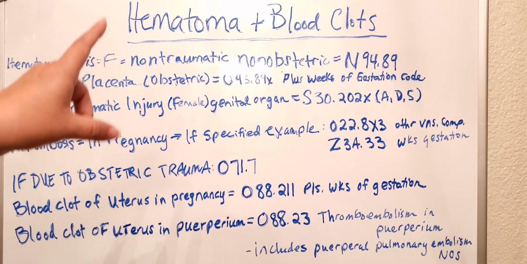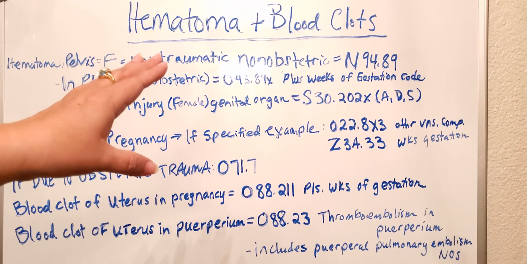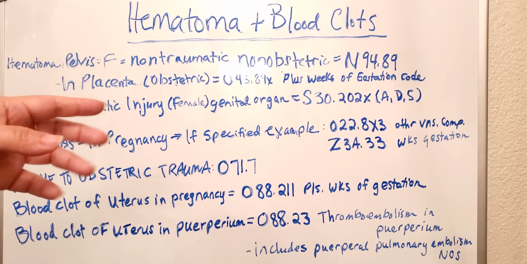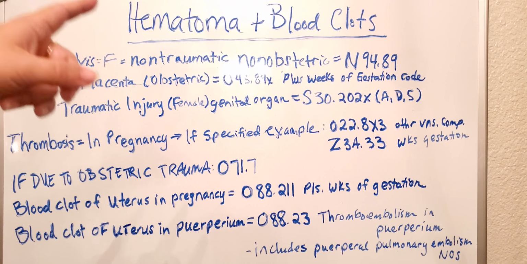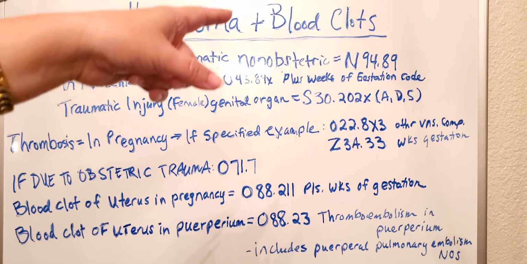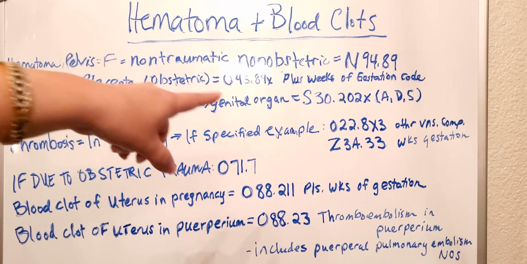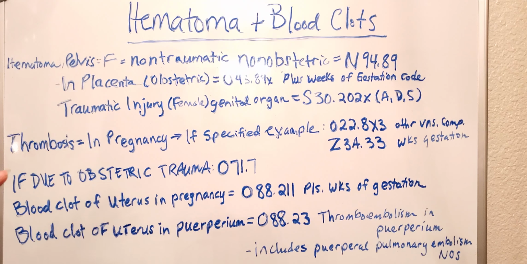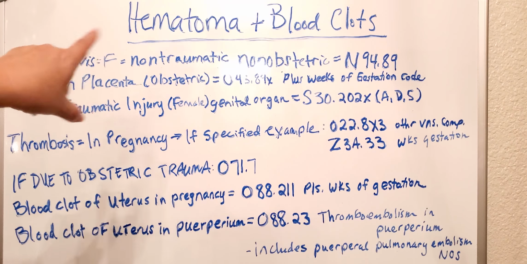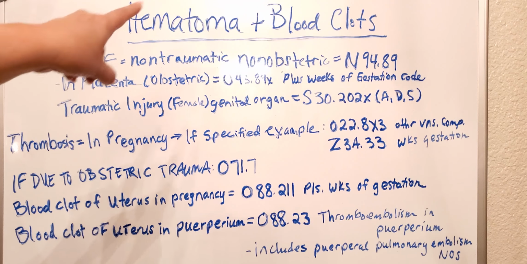That's going to be O43.89, and I put X at the end because that's usually when you're going to say what trimester they're in, and then plus the weeks of gestation code, okay? Which I'll give you guys an example of coming up. But before I get into that one, I don't mean to jump ahead, but going back to this non-traumatic, non-obstetric,